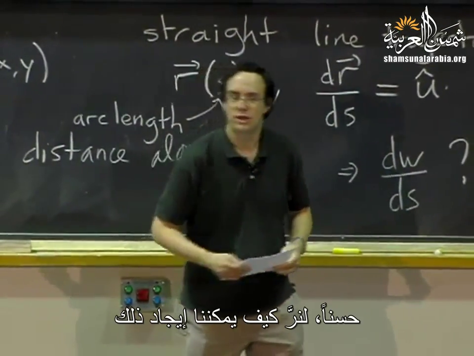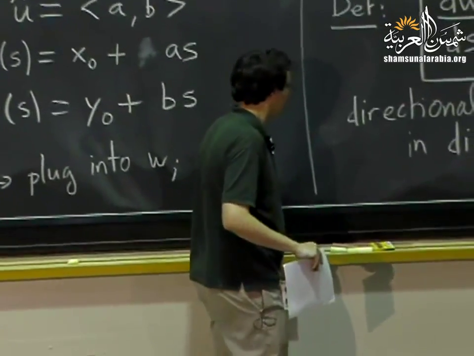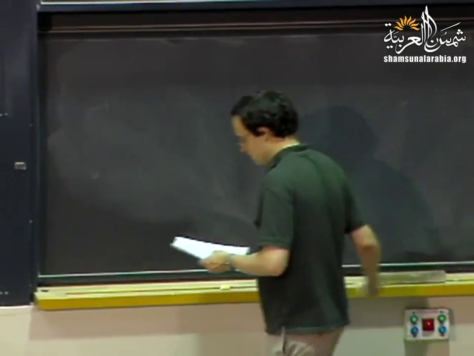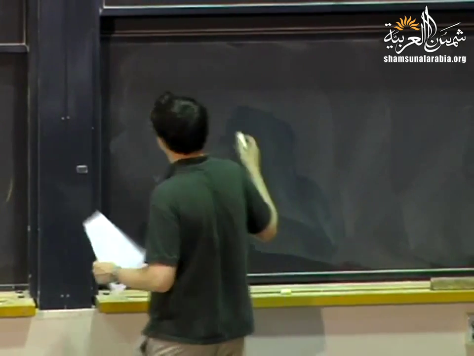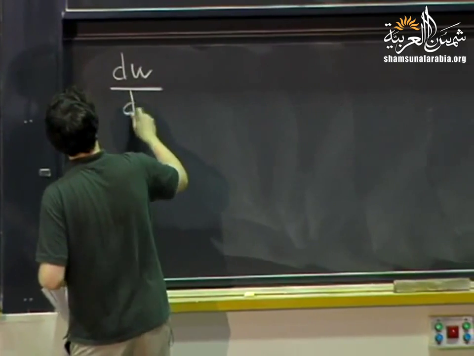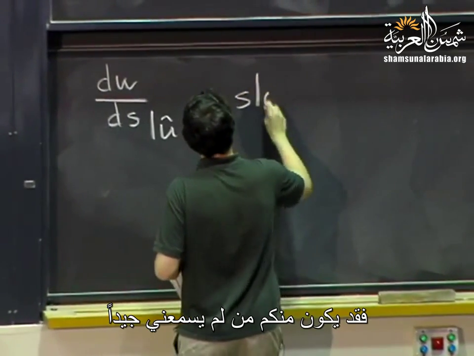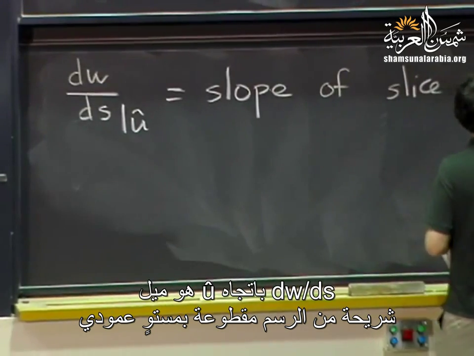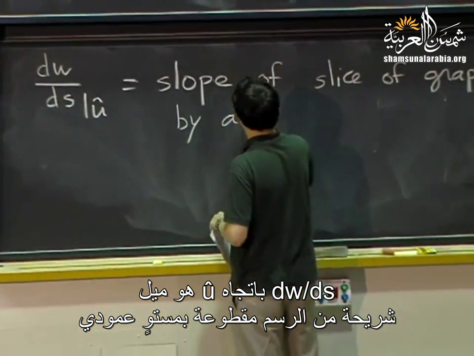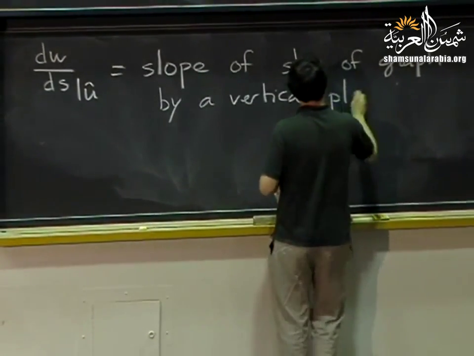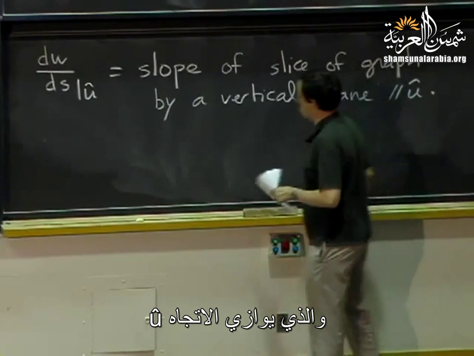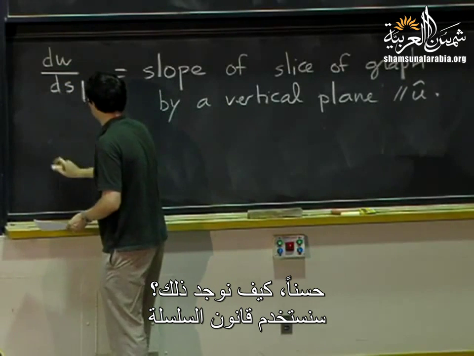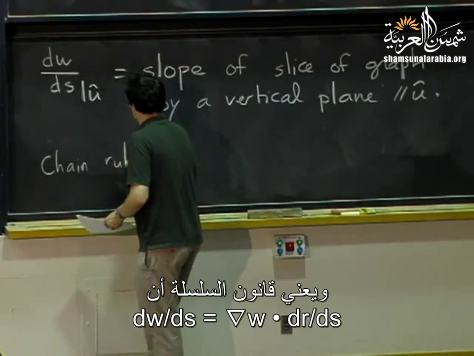No? Okay, so let's see how we compute that. So let me just write again, in case you didn't hear me. It's the slope of the slice of the graph by a vertical plane that contains the given direction u, that's parallel to the direction u. So how do we compute it? Well, we can use the chain rule. The chain rule implies